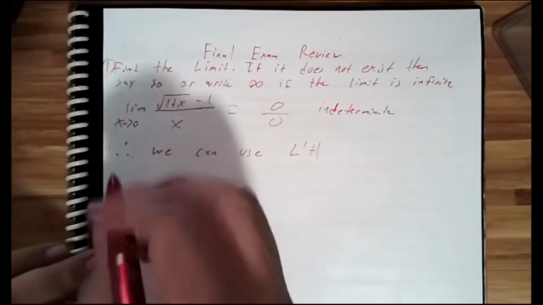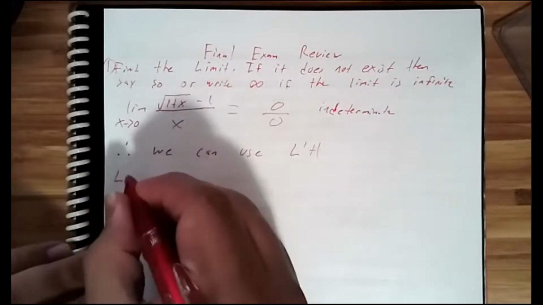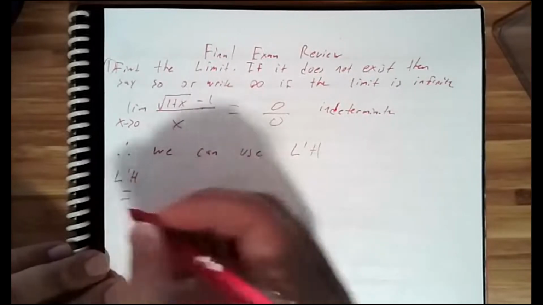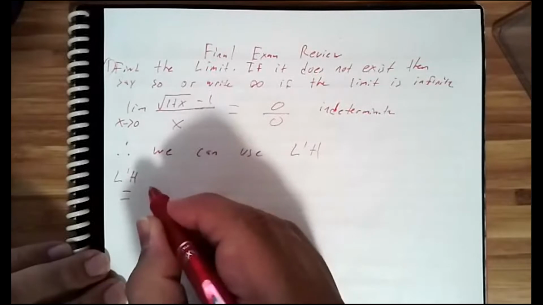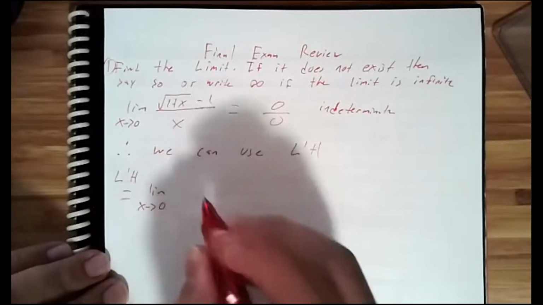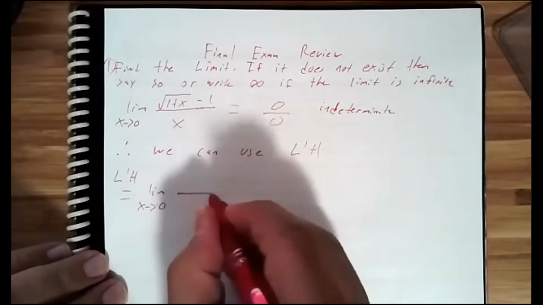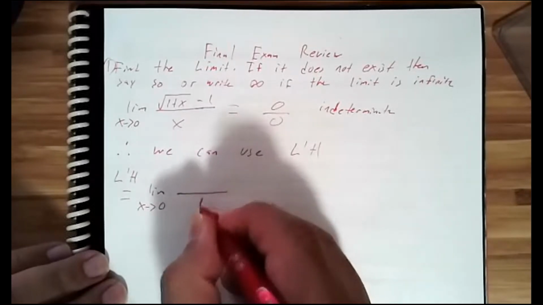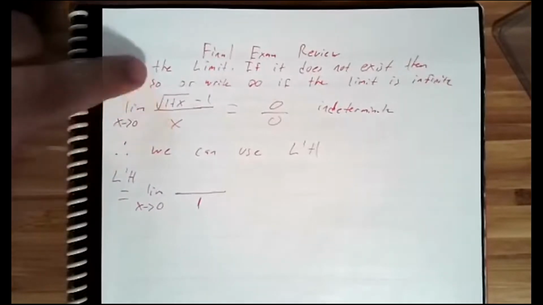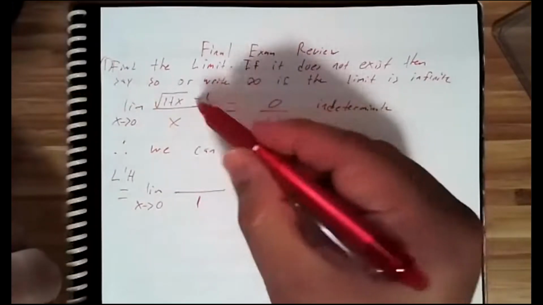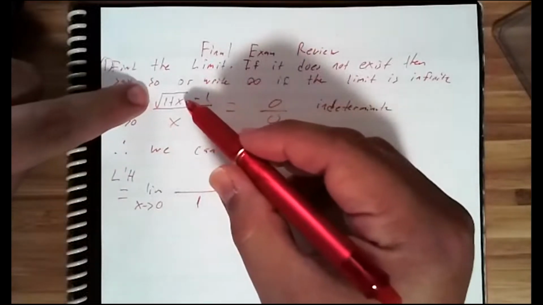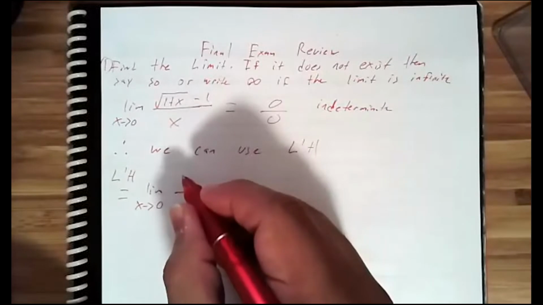So if we do L'Hopital, we would get the derivative of the top and the derivative of the bottom, which is easy, right? It's just a 1. Derivative of x is 1. Derivative of -1 is 0, so that part will be gone. So all we have to deal with is this derivative, which will be